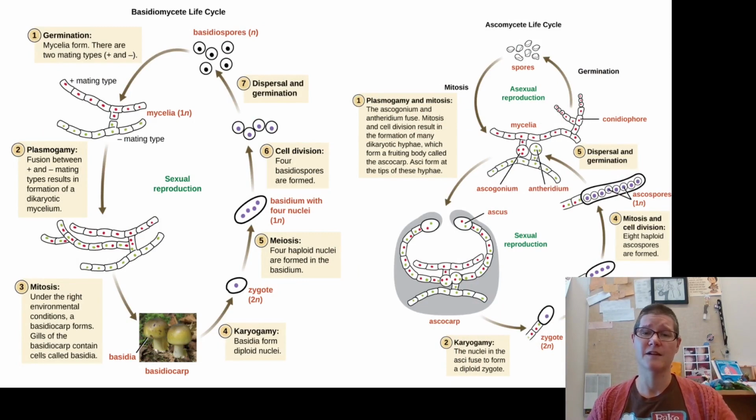Fungal life cycles are very similar to the protozoa life cycles because they can switch between forms of sexual and asexual reproduction. So they can easily make copies of themselves that are essentially clones, which is great for replication and getting out there and doing things, but also they can get some slightly different genetics together to create sexual forms and then increase their diversity.